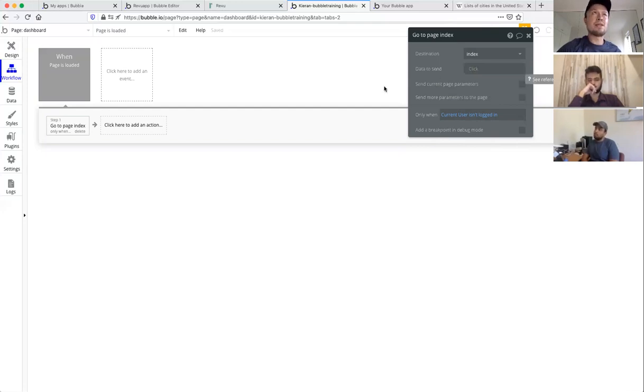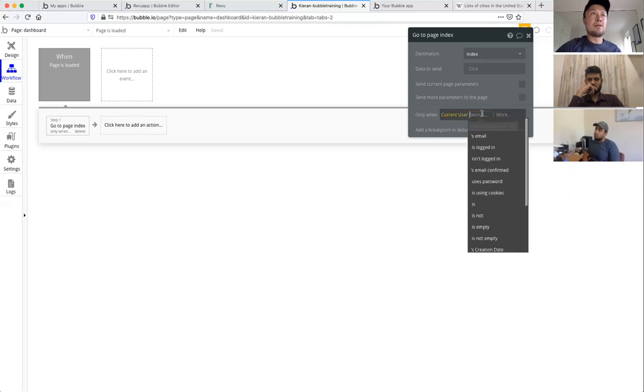That doesn't mean you should leave loads of data on the page, and there are other ways to restrict the amount of data people can get. But it's a very quick and easy way to make sure people can't access stuff that you don't want them to. So the other thing you could say is go to the index only when the current user,